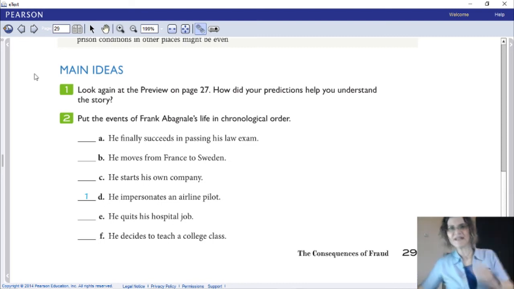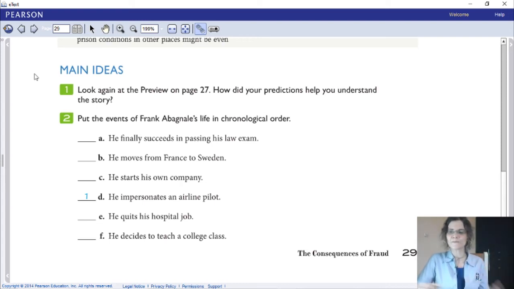Okay, now main ideas, as I said just now, the general main idea we find in the thesis statement in the first paragraph, right? And the sub-main ideas we find in the topic sentences, correct? Now, just to check whether your answers just now were correct or not, you can go back to the text and look at the thesis statement or the introduction and the beginning of every body paragraph to see if it is in the correct order, yes or no. You can also scan through the text.